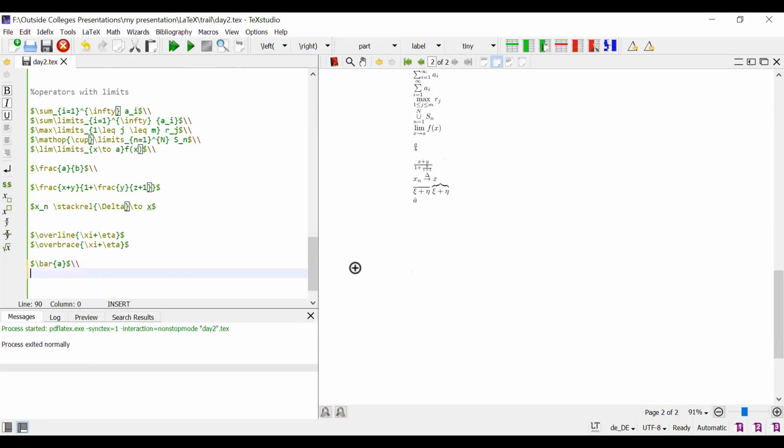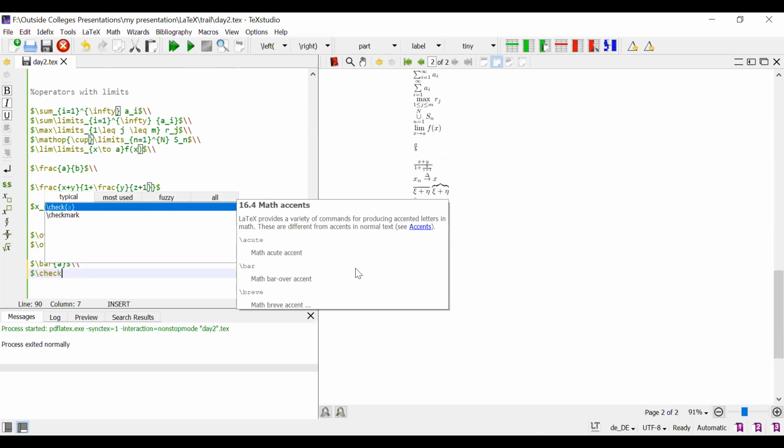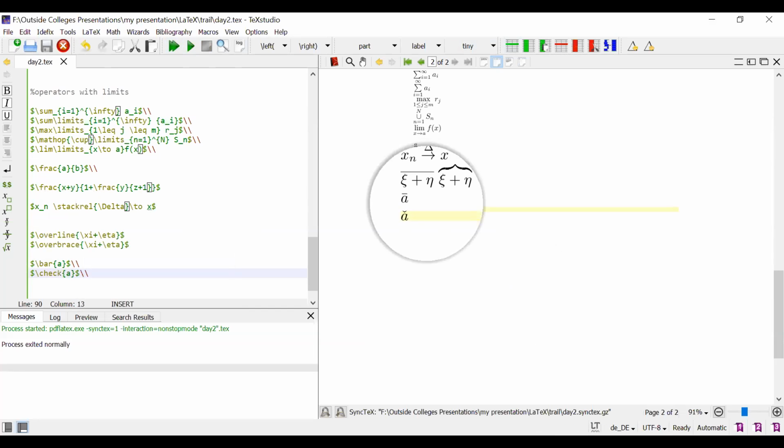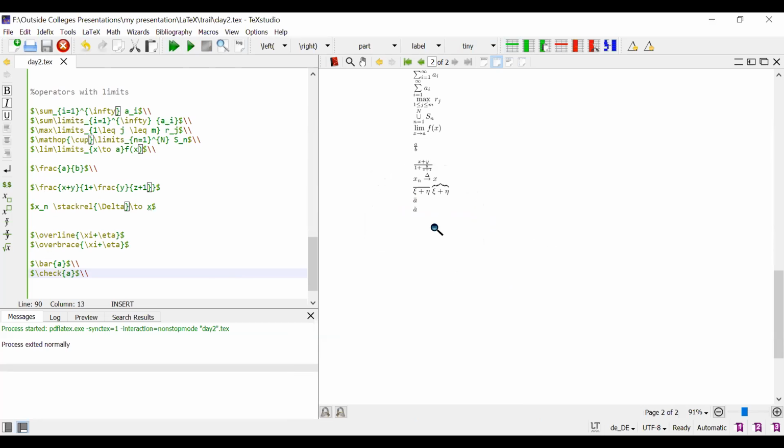Suppose we want to write check: A check. So these are all the accents, A delta, double dot. Like this, you can use any type of accent. Tomorrow we will see the array and commutative diagram and how to draw the table.